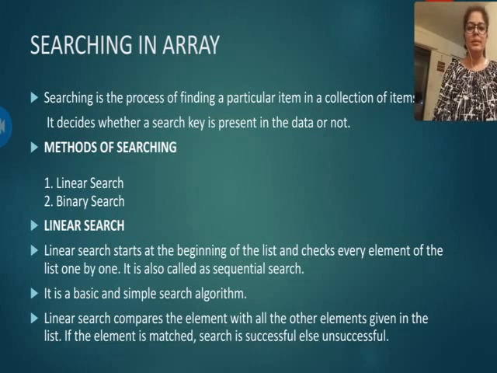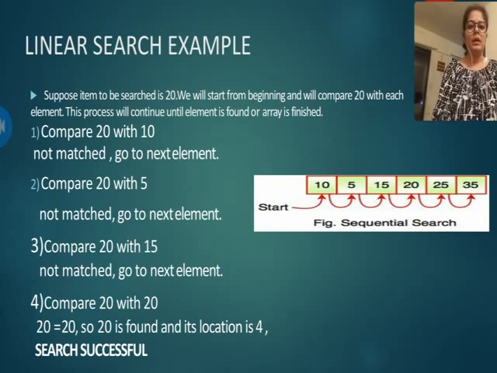Linear search, as the name is linear, in linear search we search the element sequentially, one after another, to search the particular element. It is a very simple and basic algorithm. Linear search just compares the element with the elements of the array and checks the availability of the element. Let's take an example. I have taken an array with 6 elements.